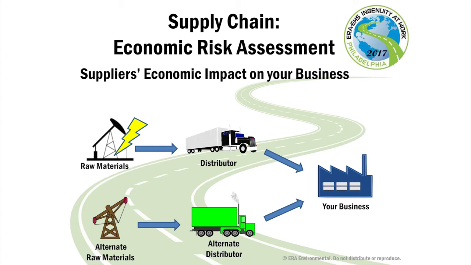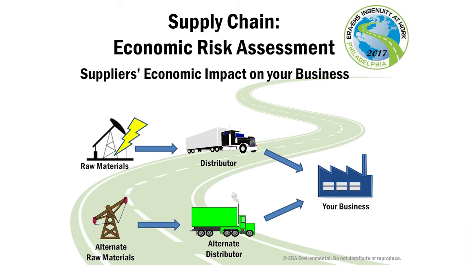But really, what you need to do when assessing the economic impact of your suppliers on yourself and your company is evaluate what some of the risks are. So you want to know what would happen if anything happens to your supplier. What would happen if something should happen to the raw material source, if this raw material source shrinks, or if